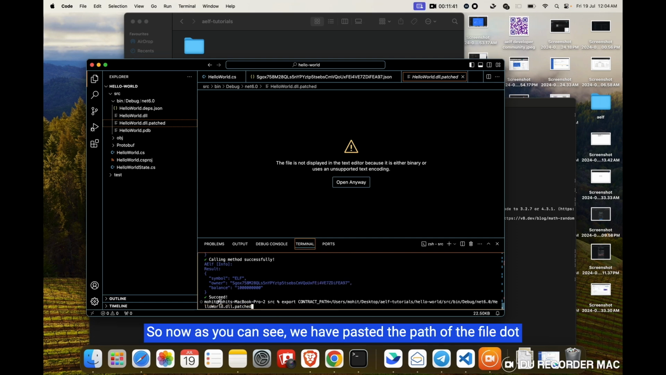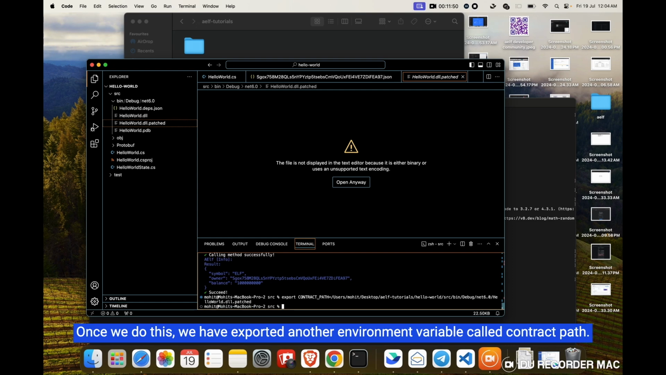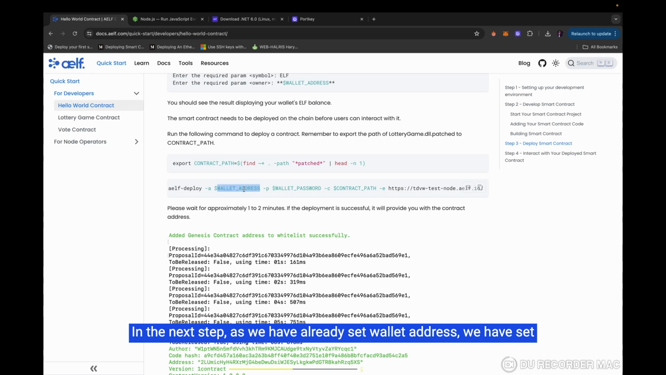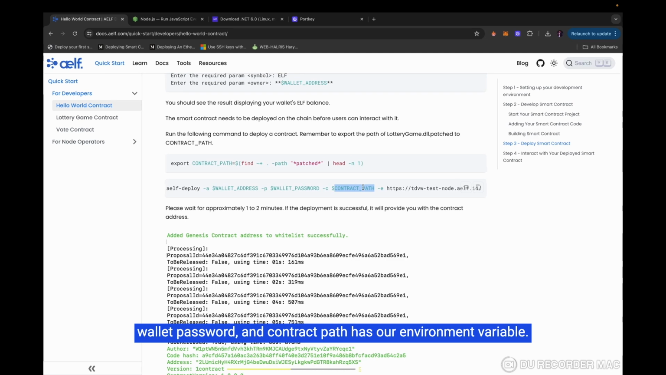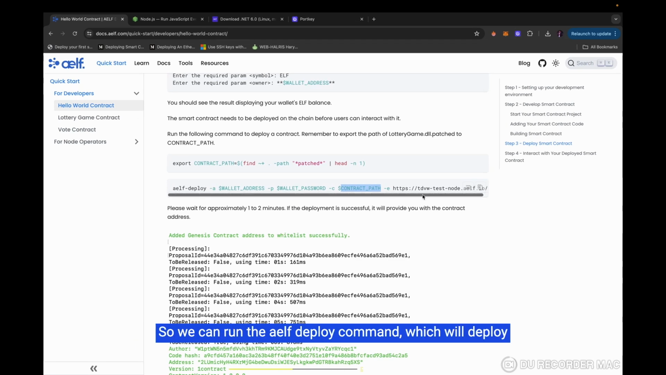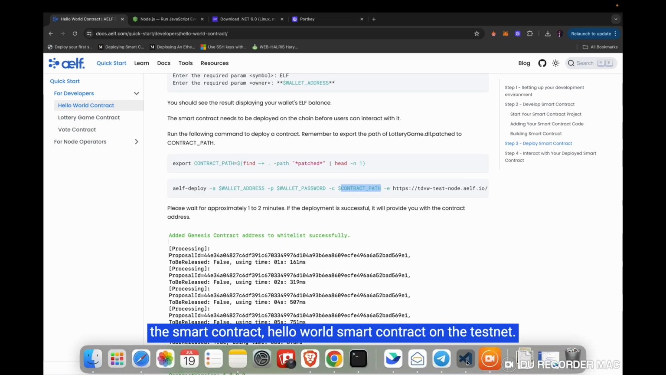As you can see, we have pasted the path of the .dll.pest file, which was generated from the .NET build step. Once we do this, we have exported another environment variable called contract path. In the next step, as we have already set the wallet address and wallet password, and contract path is our environment variable, we can run the aelf deploy command, which will deploy the hello world smart contract on the